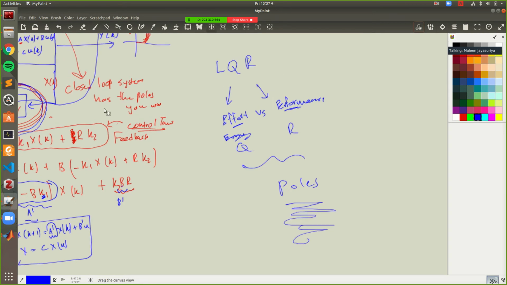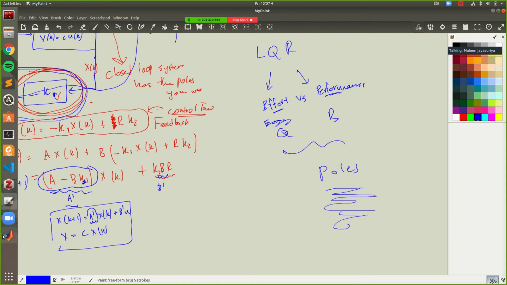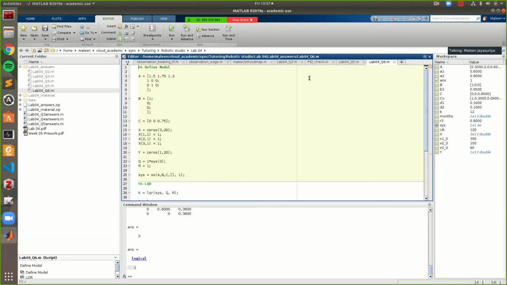Usually the control will be done by some sort of actuation. You'll have a motor, and the motor requires energy and effort and things like that. So again, remember, although we are discussing these in matrices, ultimately they get related to the physical systems that are actually working in your system. Everything has to do with energy consumption and time. And Q and R are the parameters that you can use to tune and get the poles that we want. Anyway, MATLAB makes it easier to do that.